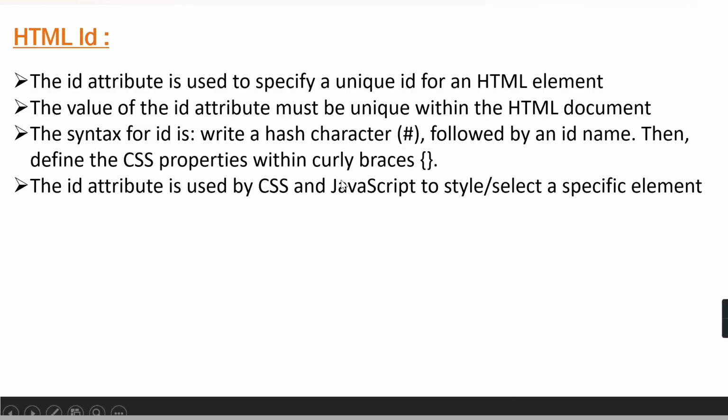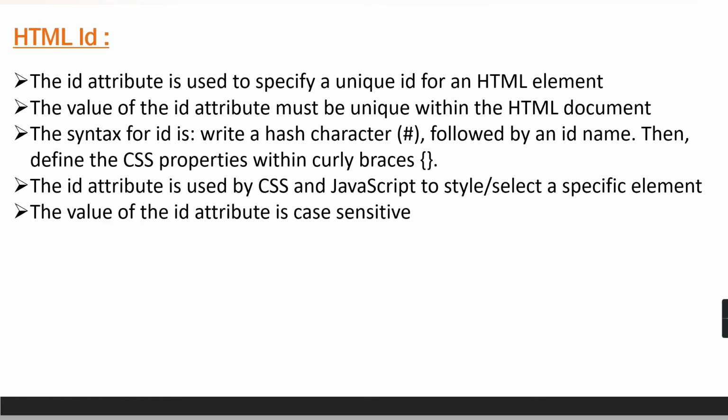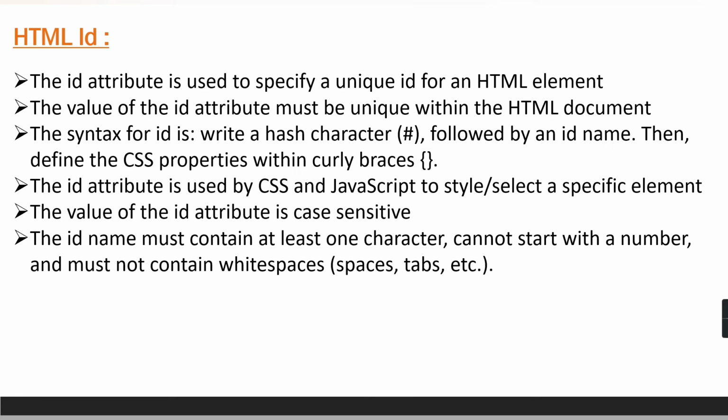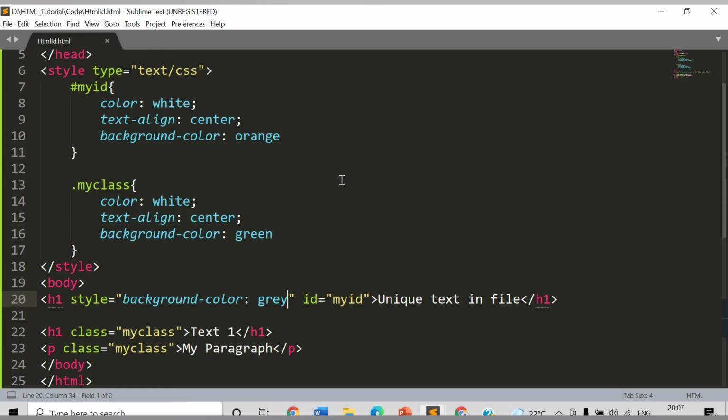What other things can we check in ID? The value of the ID attribute is case sensitive, and the ID name must contain at least one character, cannot start with a number, and must not contain white spaces. Here we have provided more than one character, and also it should not start with a number.